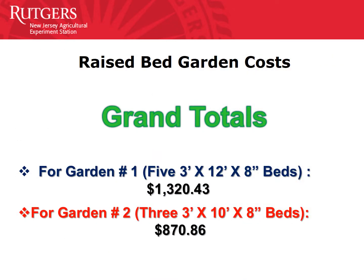Our total cost for community garden number 1, the 5 3-foot by 12-foot by 8-inch deep beds, was lumber and corner joists, $700.37, supplies, $351.61, soil and amendments, $268.45, for a grand total of $1,320.43. For community garden number 2, where we had the 3-foot by 10-foot by 8-inch deep beds, the total costs